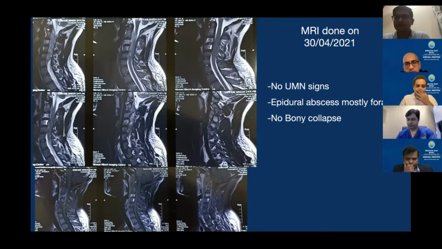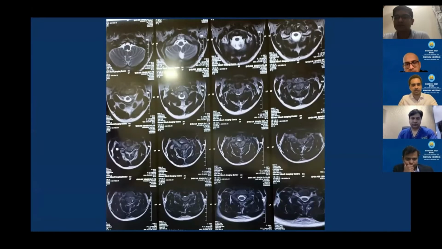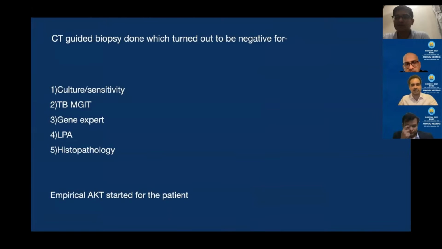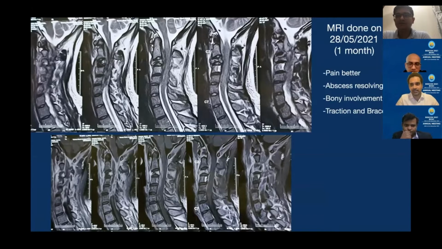In the same way, we asked the radiologist to do a guided biopsy of the patient, but the guided biopsy turned negative for all tests: culture sensitivity, MGIT, GeneXpert, and histopathology. So we put the patient on empirical AKT and the patient was followed up. Now 1 month post AKT, we did an MRI as the patient's pain was getting better and the abscess started resolving, but we saw bony involvement now. We saw mechanical failure. The C3 body was fractured. So we started to give him traction, and this was the MRI 1 month post AKT,